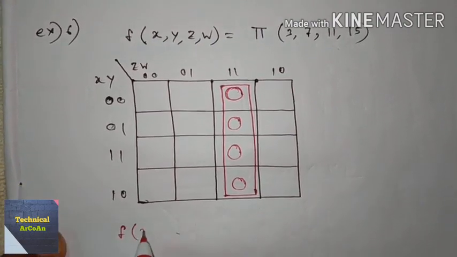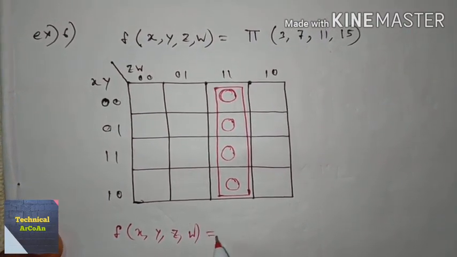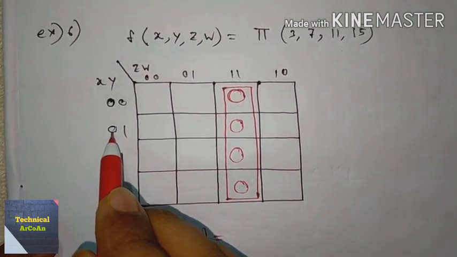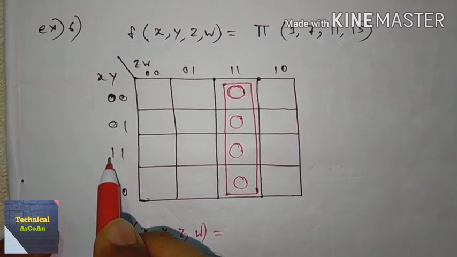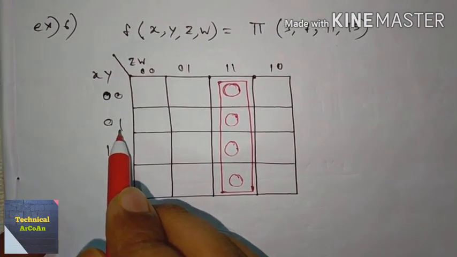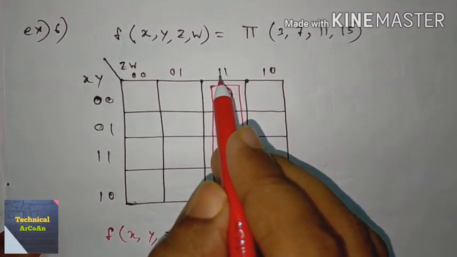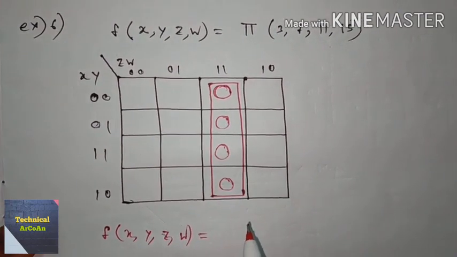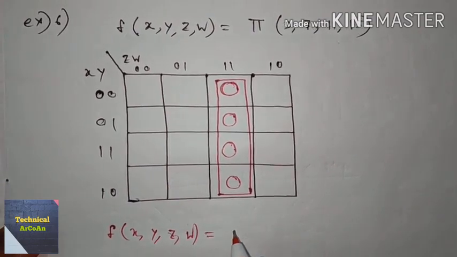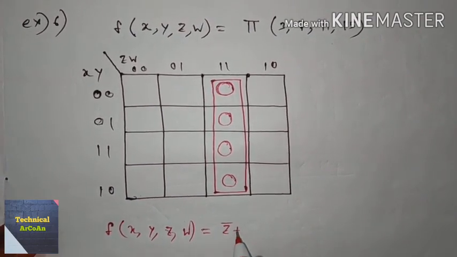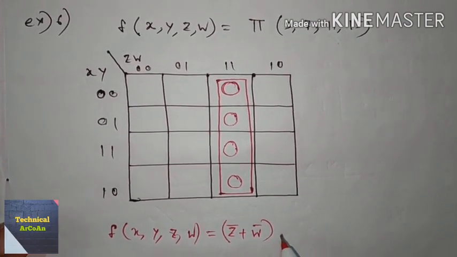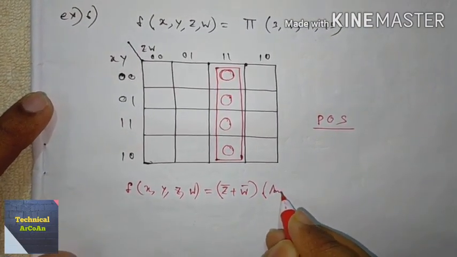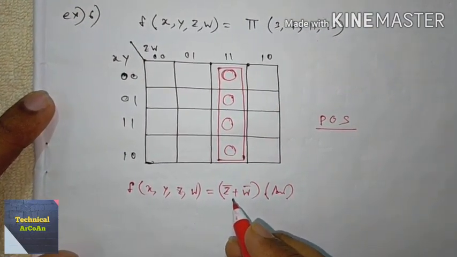Now if we simplify the above Karnaugh map, what will be the result? For this particular group, x value is same from 0 to 0, but after that it will change, so we don't take x. Next, y value is 0 to 1, changed, so we don't take y. But here z value is throughout the column same and w value is throughout the column same, but both are 1. And in max term, what happened? If the variable value is 1, it's a complement. So z complement plus w complement. Why? It is a max term, means it is a sum term, okay? So this is your final result for this particular group, okay?